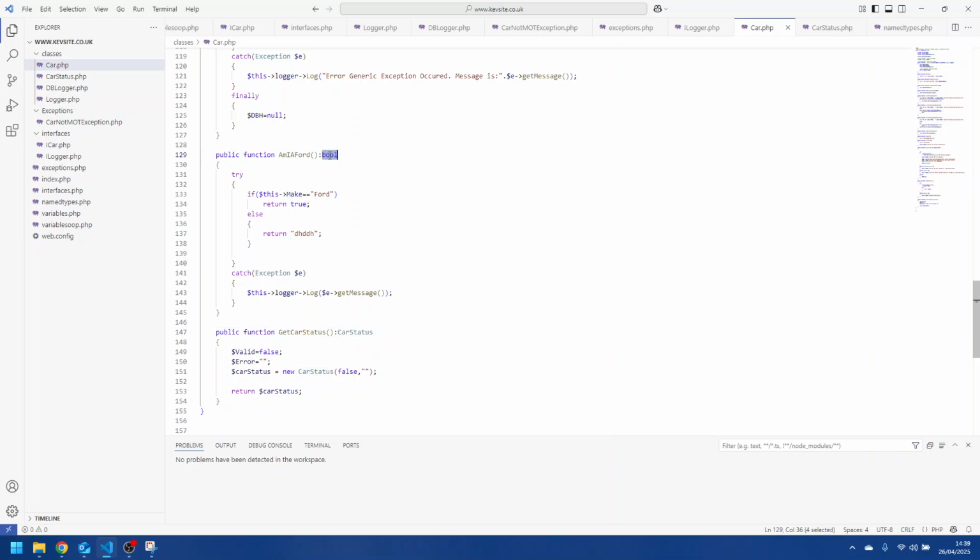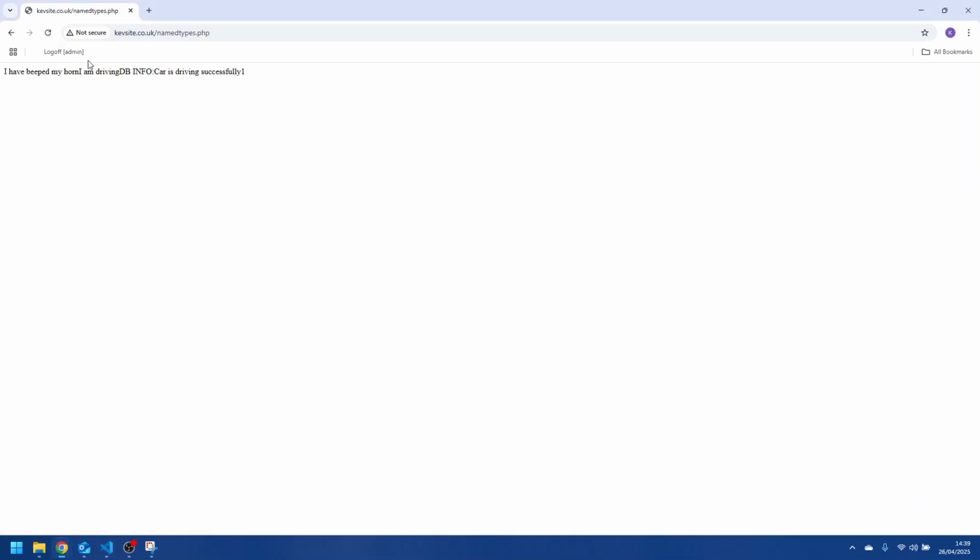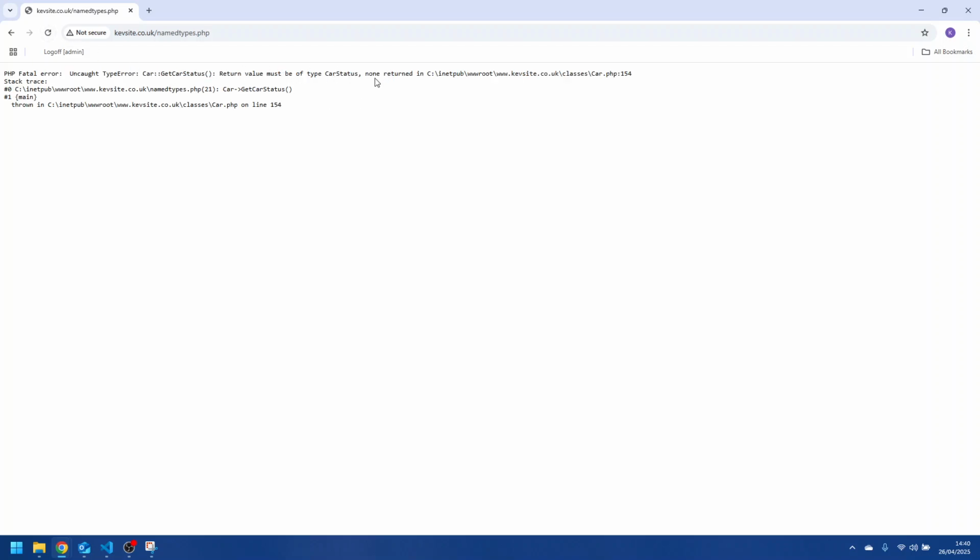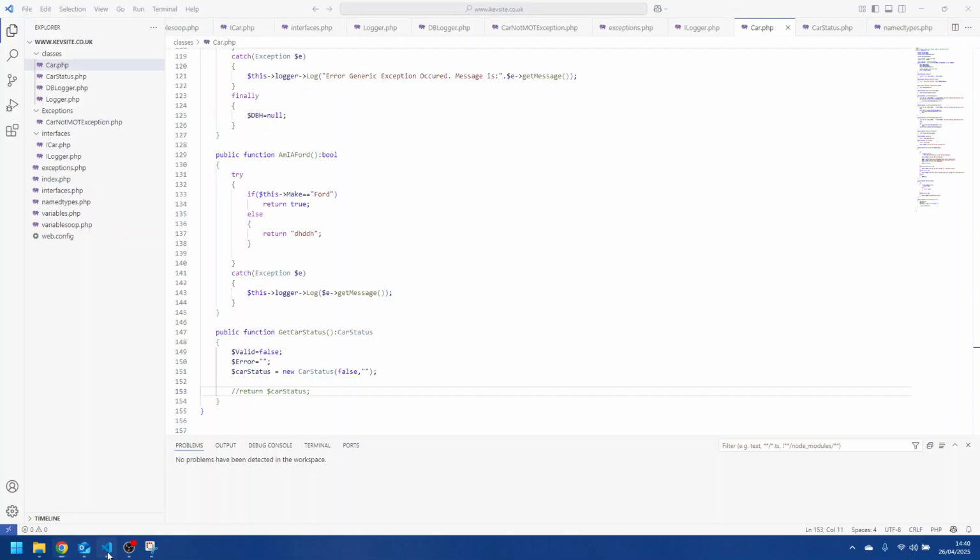This method up here didn't work as expected, because what I'd expect is a similar message here. If I just take that return statement out, you can't expect it saying it should be a bool, not that. That's kind of throwing me a bit. So named types sort of works in PHP and sort of doesn't. If you're working with objects, fantastic, it will sort of work. If you're expecting to have a hint that it's car status, brilliant. But intrinsic types don't seem to work the same way. It may be